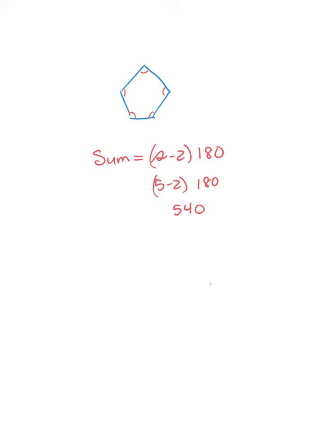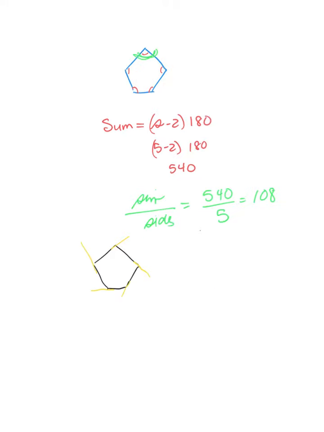So to find each one, if we wanted just to find one of those angles, we would take the sum over the number of sides. And that was 540 over 5, which was 108. Everybody understand that? So if I want to find the sum of exterior angles